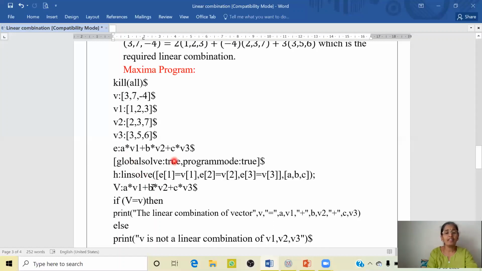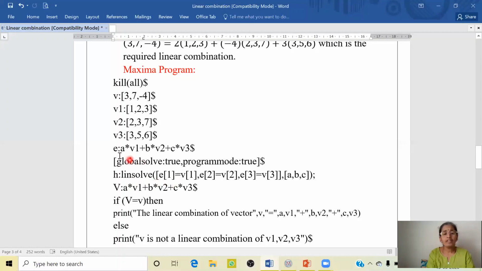it is A, B, C here. The expressions must each be polynomials in the variables and may be equations. If the length of the list of the variables does not match the number of linearly independent equations to be solved, then the result will be an empty list. So we are going to get an empty bracket here when the solution doesn't exist. So let us give the linsolve command here.